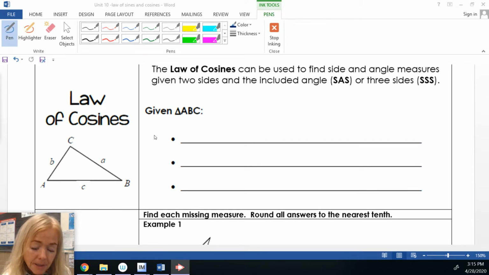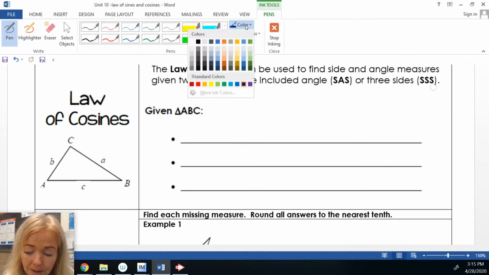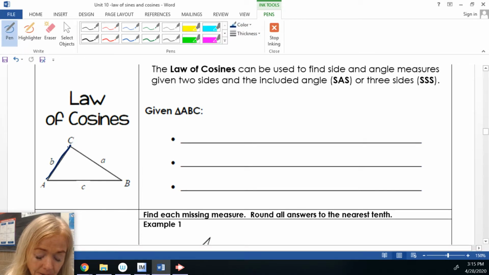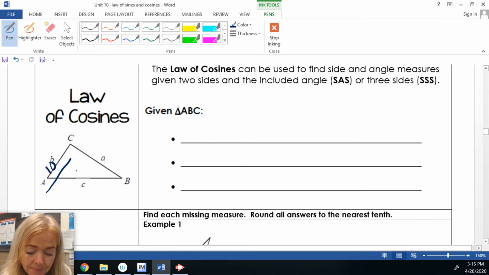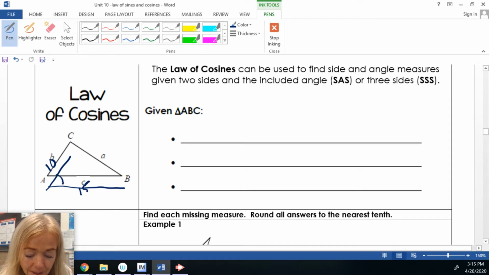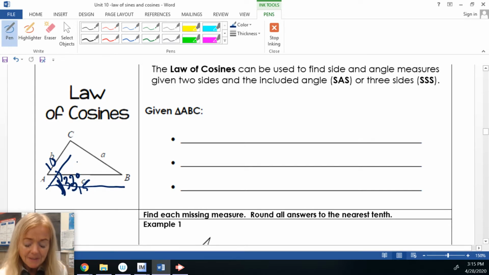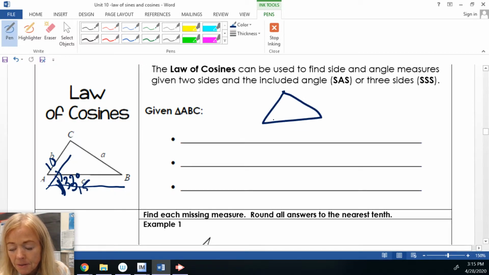So in some cases, say I know this side is 10, this side is 15, and I know this angle is 33 degrees, okay? If I have that much information, I don't have enough. In fact, I'm just going to draw it here because I know it's not going to move. If I know this side is 10, this angle is 33 degrees, and this side is 15,